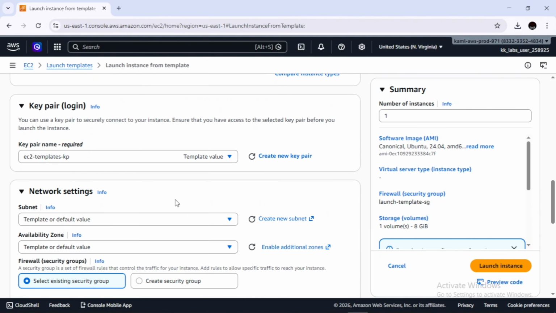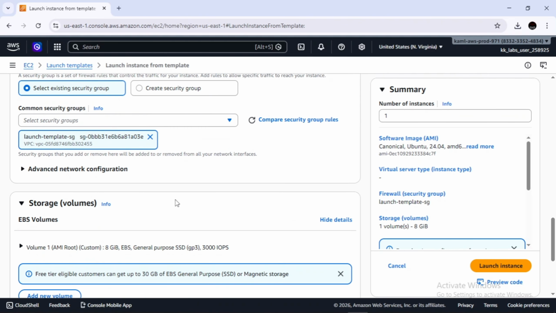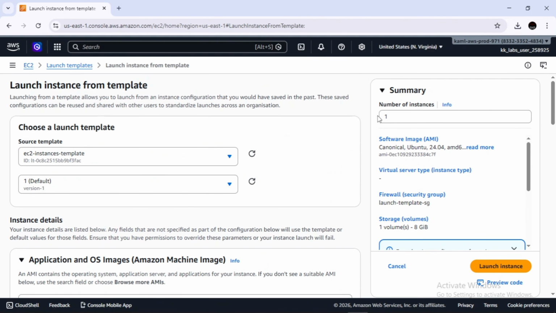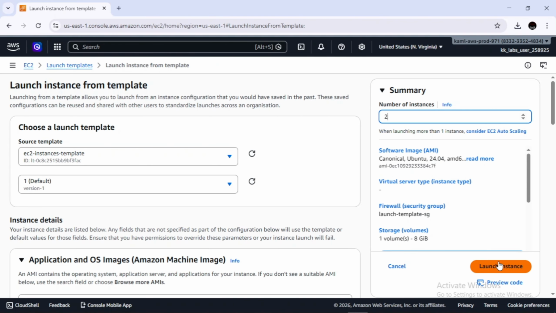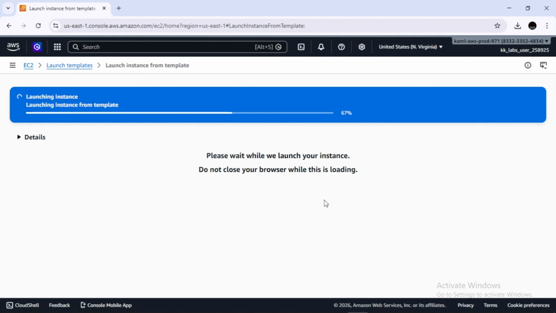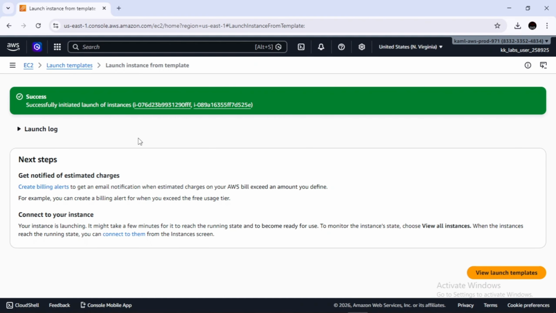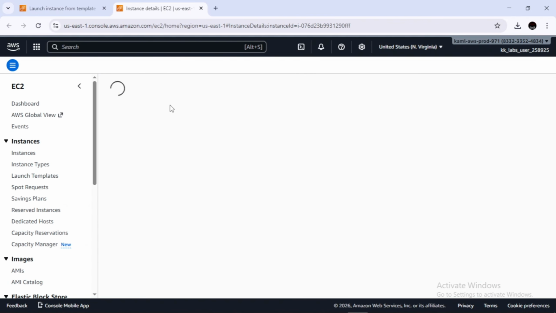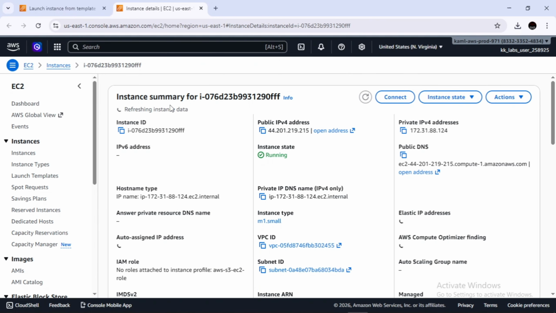My AMI, key pair, security group, user data script, everything is selected, and now I want two instances. Click on launch instances. So these EC2 instances are launched with the help of launch template in just simple clicks.